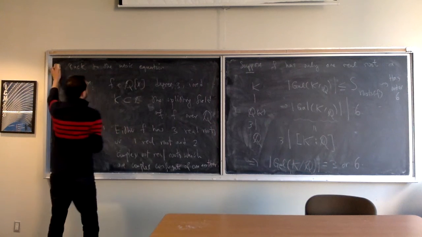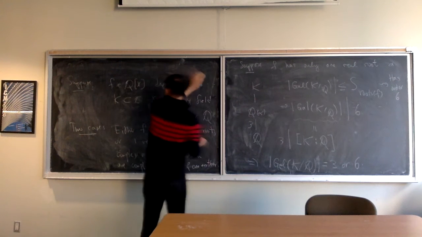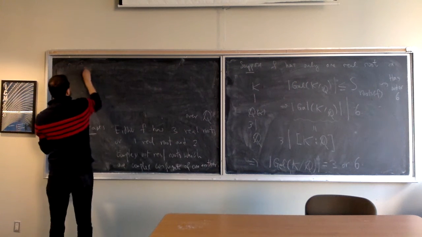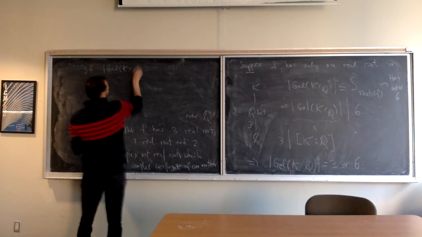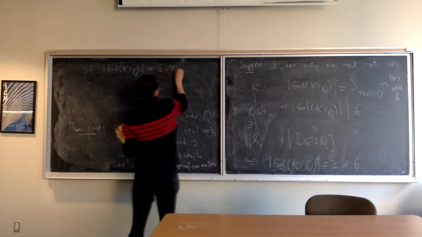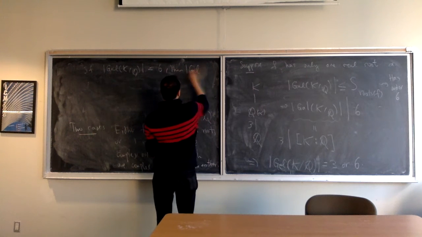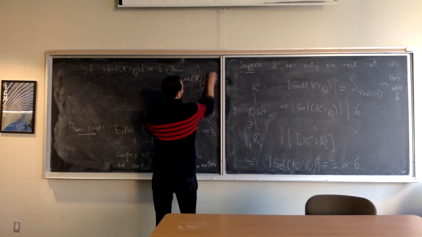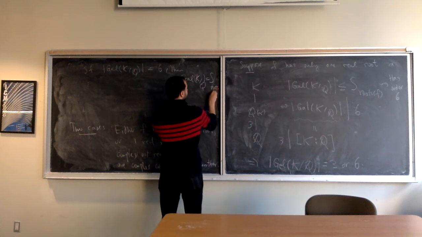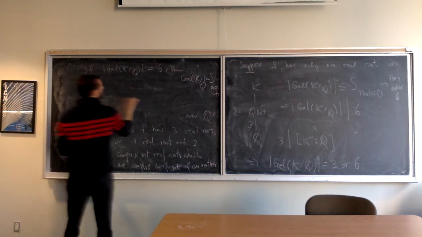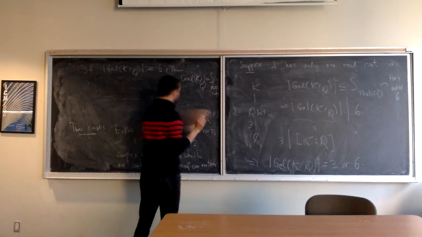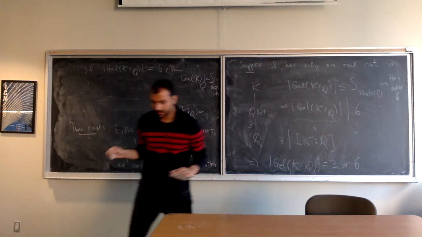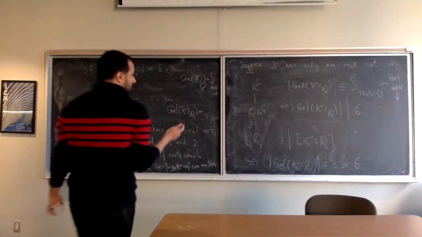So if the number of elements of the Galois group is 6, then the Galois group of K over Q is just equal to the symmetric group on the set of roots of F. And if the number of elements of the Galois group is equal to 3, then this Galois group of K over Q is, again, since S3, the symmetric group on 3 elements, has only one subgroup of order 3,